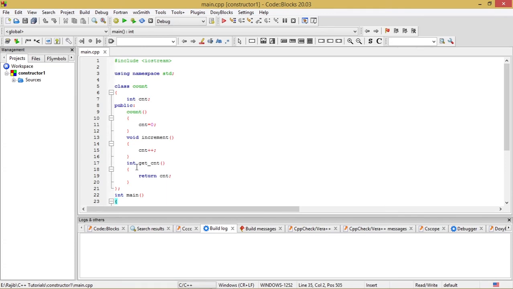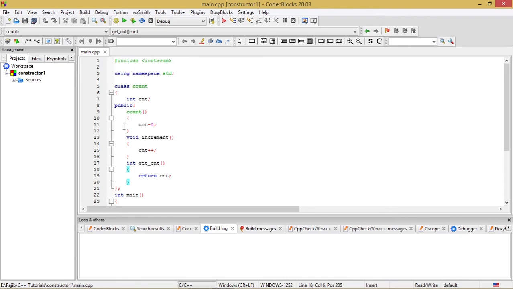And after that, I have defined yet another function, int get_cnt, which has only one expression statement, return cnt, which will return the value of the data member cnt, and that's why the return type of this function is of integer data type. So int is the return type, function name is get_cnt, and the solitary expression statement is return cnt. After that, the class ends with this closing brace and this semicolon.